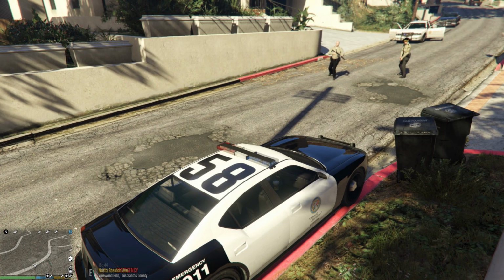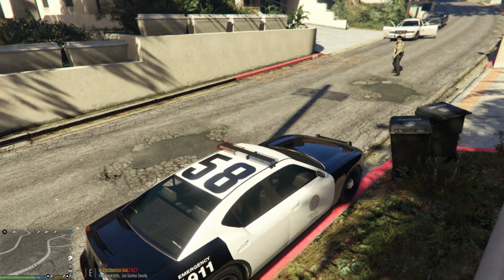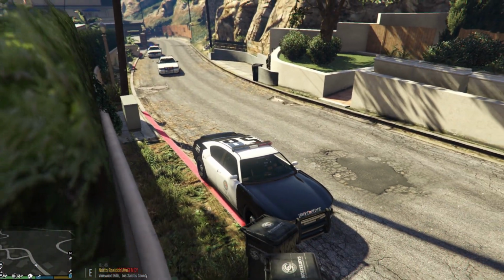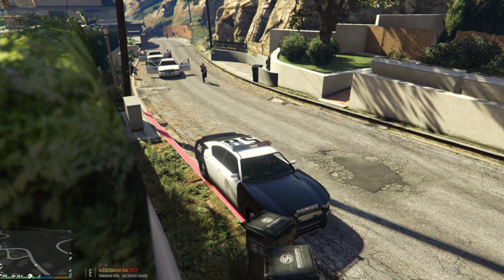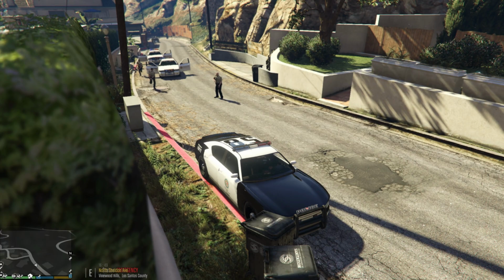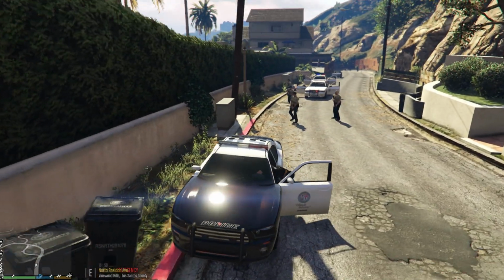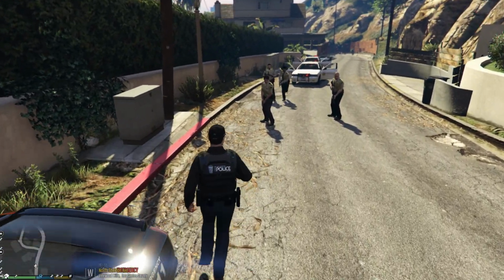I can't tell. Okay, different hat, different hat. See the different hat. Who's got a shot? So yeah, they're all wearing